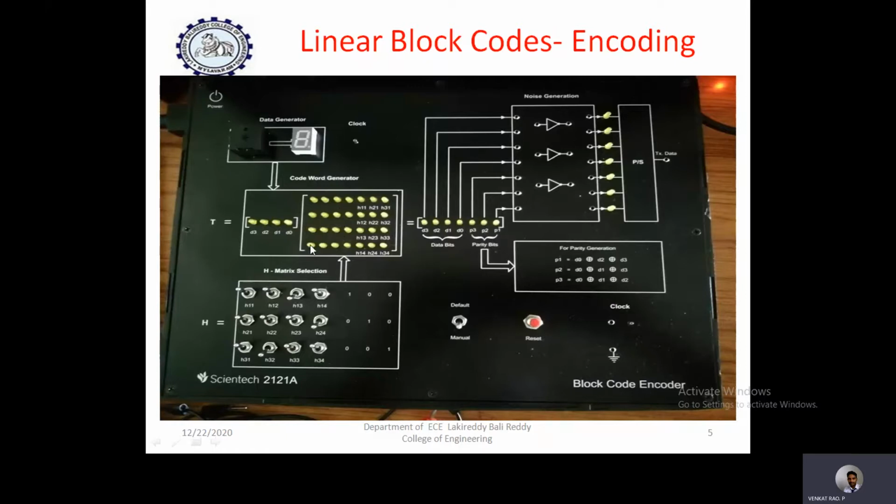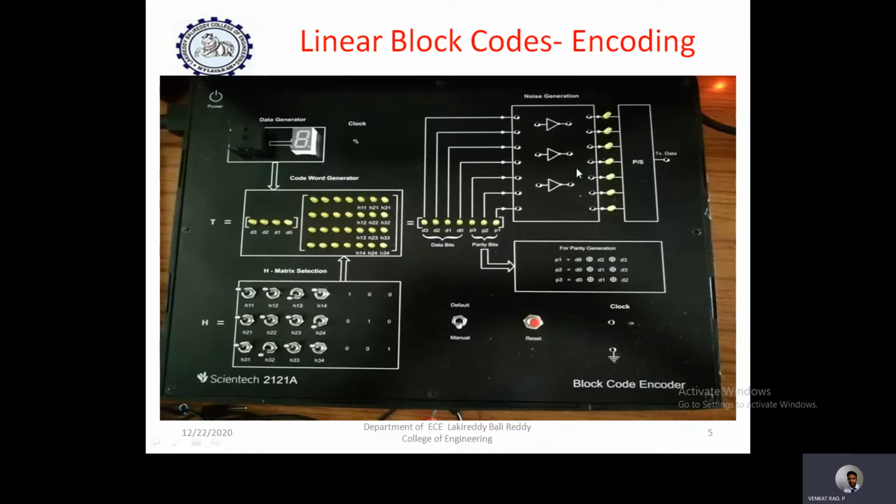And all of you remember that whatever addition operation is used in all these matrix multiplications and other things in this type of channel coding method, that addition operation must be considered as an XOR operation only, since there is no ordinary addition in matrix multiplications. So when you multiply this one and this one, plus this one and this one, that plus operation you should consider as an XOR operation. So keep in mind that. Then simply by matrix multiplication, you will get the code word, and these are the code word pins.